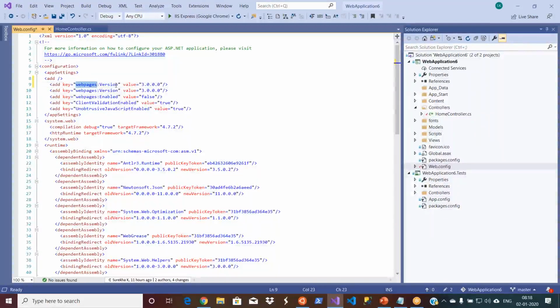As a DevOps engineer, obviously you are not going to write code in all the programming languages, but when you are doing the build and deployments, you need to make some configuration changes using web.config or app.config. So you may get into similar issues to what a developer gets into. You will be working on this one, but you might be required to work on some other thing as well.